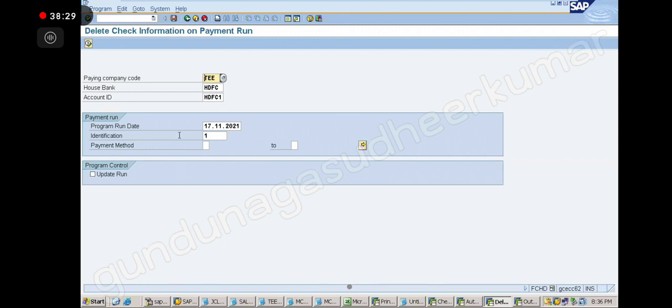Then if you run the print run again with the same variant, it will run. You do not get a new check, the same checks it will print, because you are deleting the old data. Got it? Okay. Payment run date you are giving, run identification, payment method you are giving, and then you are executing, it will delete. Okay?